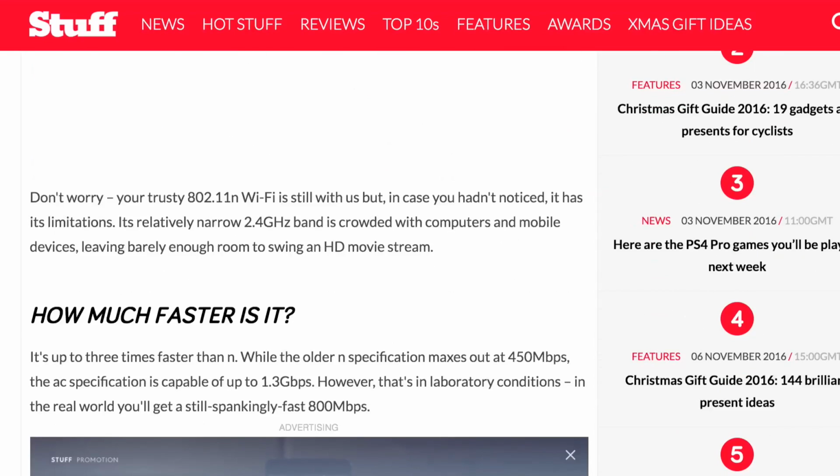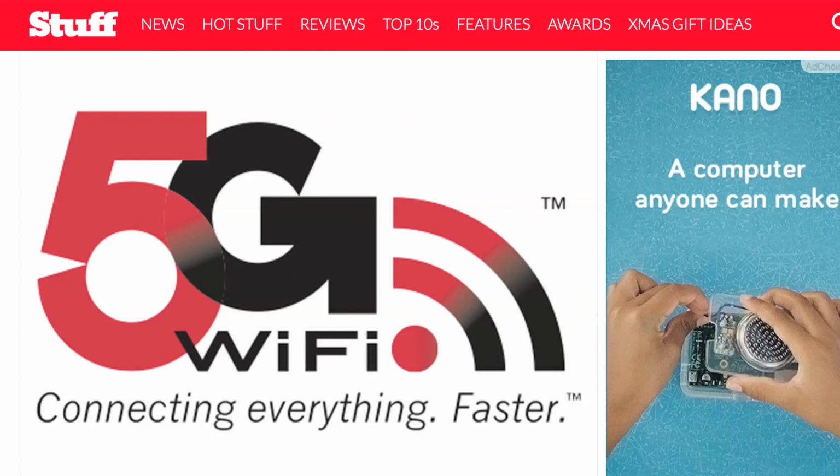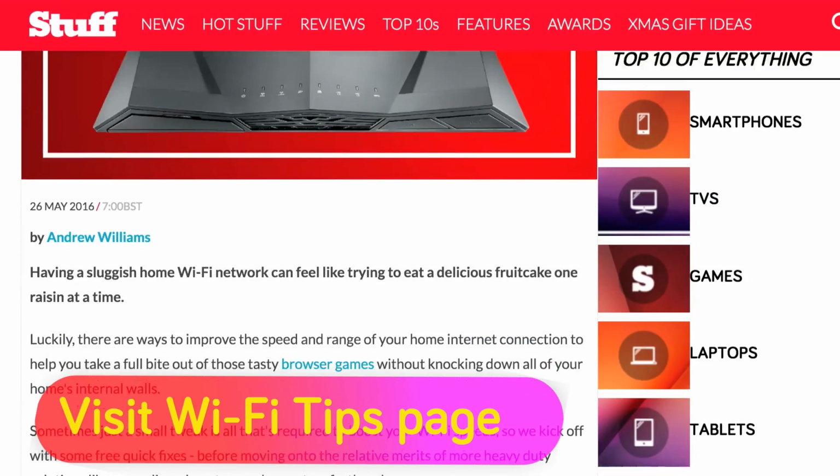Gaming is bandwidth intensive and very dependent on good latency if you're gaming online, so do yourself a favour and upgrade your router to an 802.11ac model if need be. And while you're at it, check out our Wi-Fi tips feature to get better wireless for all your devices at